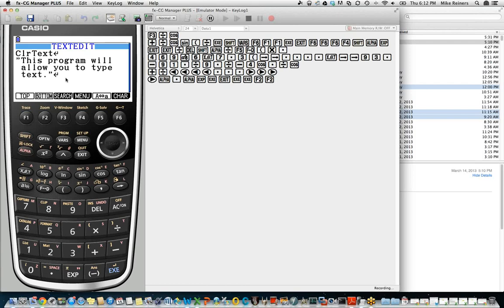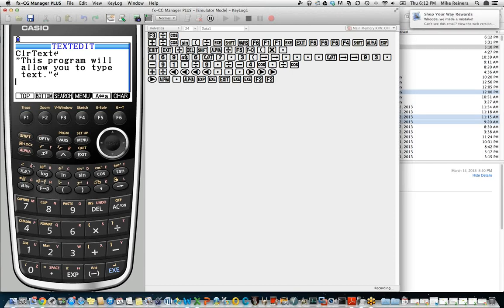So what we would like to do, for example, is that if the user pressed this X theta T key that has the letter A directly above it, when they're using our program, the only thing we want these keys to do is create letters. Nothing else. So we don't ever want this key to create X theta T. We don't ever want this key over here to create sine. We want only letters to be typed. So in order to do that, we're going to need to use the GetKey command.